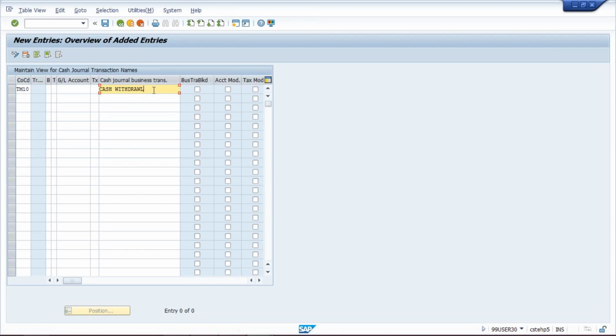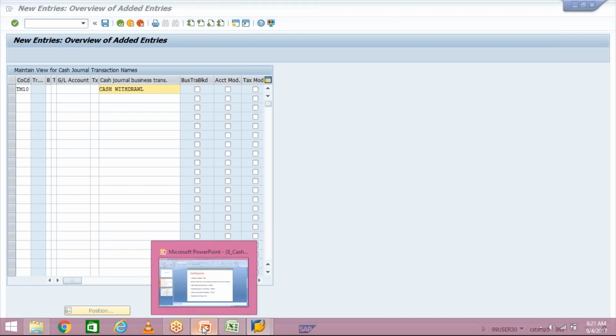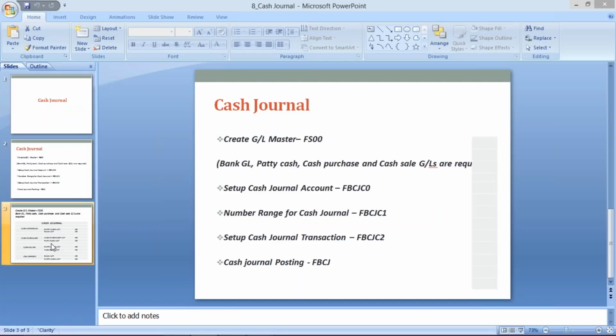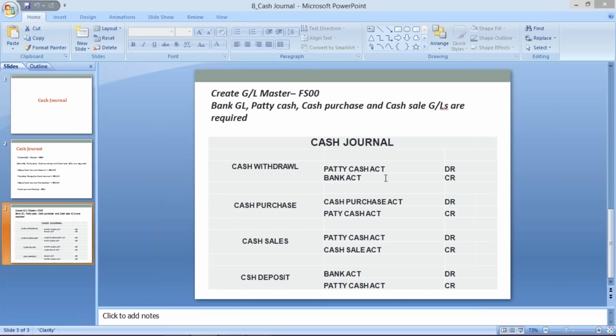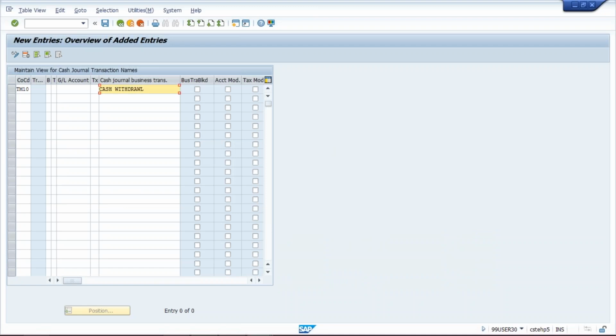So what is happening during cash withdrawal? What transaction is going to take place? That's what I have written here, accounting entry. Petty cash is debited and bank account is credited. So petty cash GL I have already assigned during creation of the cash journal.